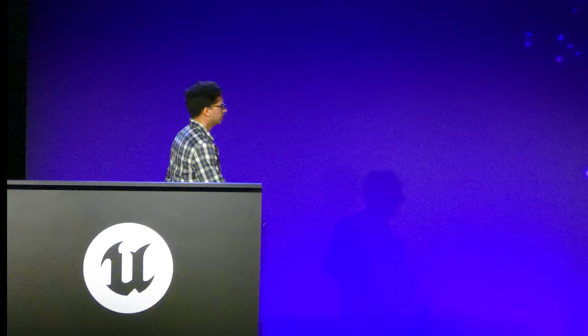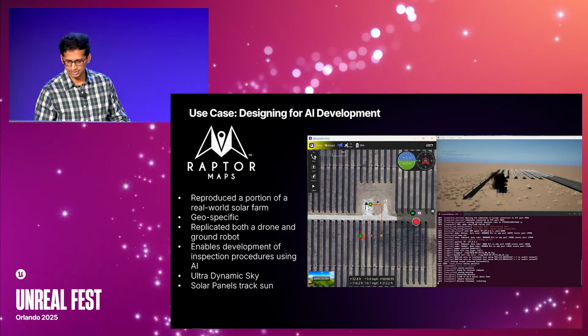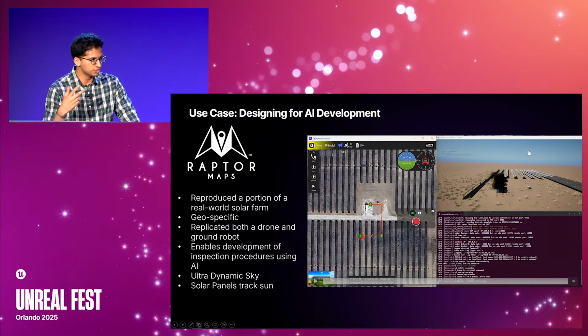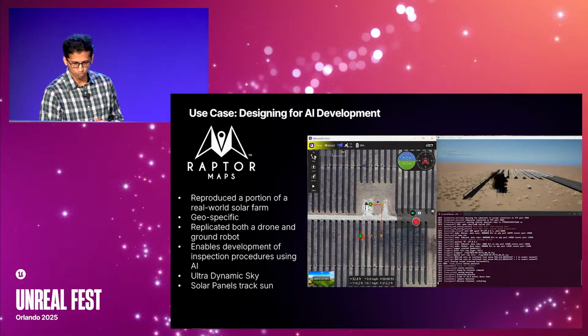There is the drone physics, there is the environment, there are the sensors, and the higher-level mission planning tools. It helps you develop AI faster. You could develop inspection procedures, or damage detection. You could even put in a large language model or a VLM that's looking at all these images, giving you some insights into what's happening in your solar farm and stuff like that. And of course, the fact that there are two kinds of robots here opens up a lot of interesting heterogeneous robotics use cases.